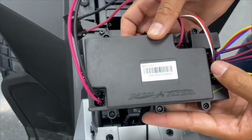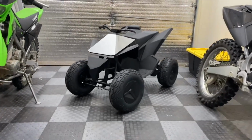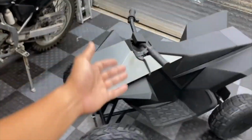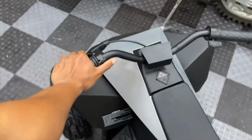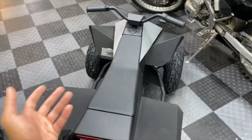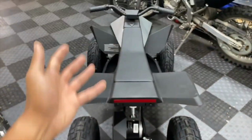Now the whole purpose of this project is to get this thing back on the road with as much speed as possible on a $250 budget. Last time I took this thing out, I was only able to top it off at 10 miles an hour, which I personally think is a little too slow for an adult to have fun with. But considering it has rubber tires, a disc rear brake, suspension, and a metal frame, I think it makes a